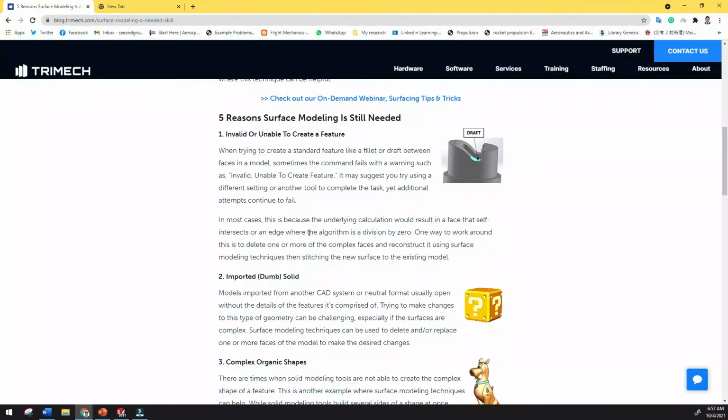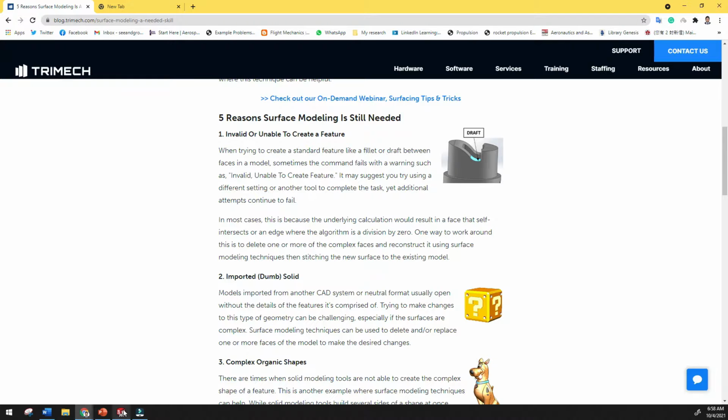There are 5 strong reasons for surface modeling which we really need while designing as a designer in CAD software. The first is invalid or unable to create features. There are so many features or solid models where we cannot use the features directly.